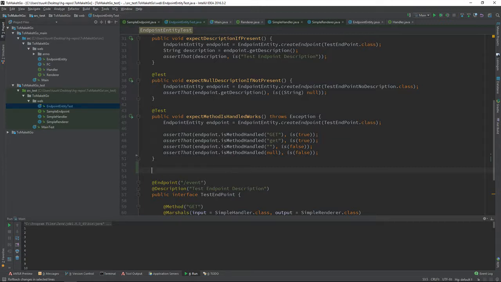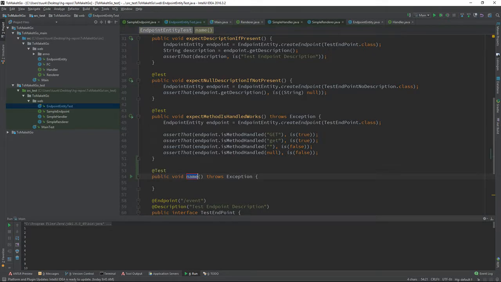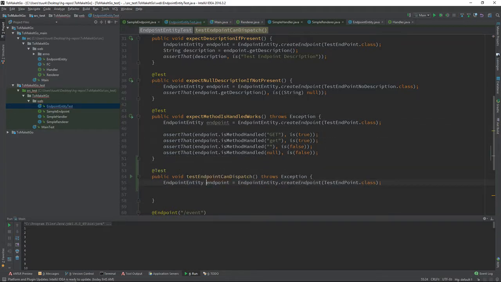And I still think we're going to put this on endpoint entity. Let's give endpoint entity. We're going to call this test endpoint and dispatch. There's a D endpoint, that's what it's pointing at. Okay, so what I think I'm going to do is use test endpoint for now. Grab that. Okay, so endpoint. We're going to want to say